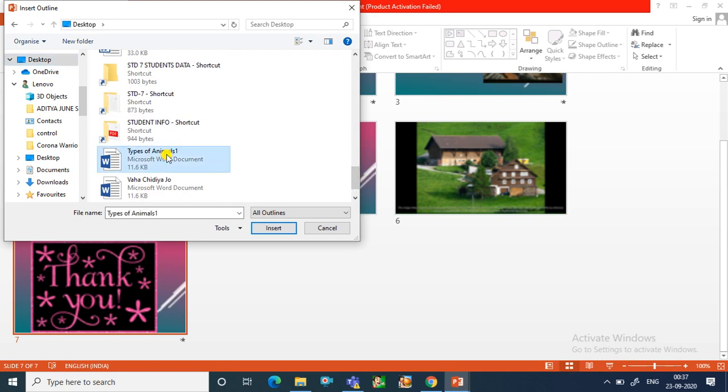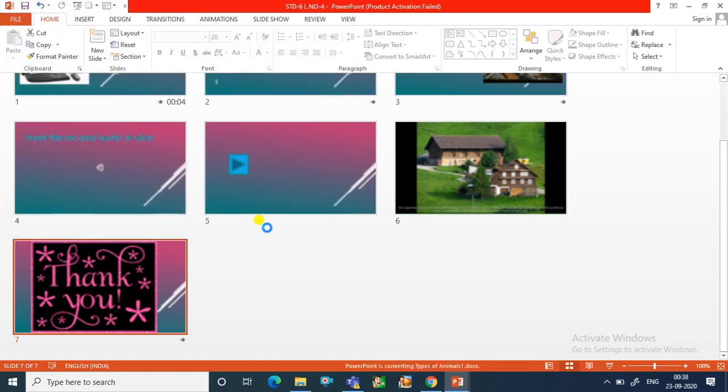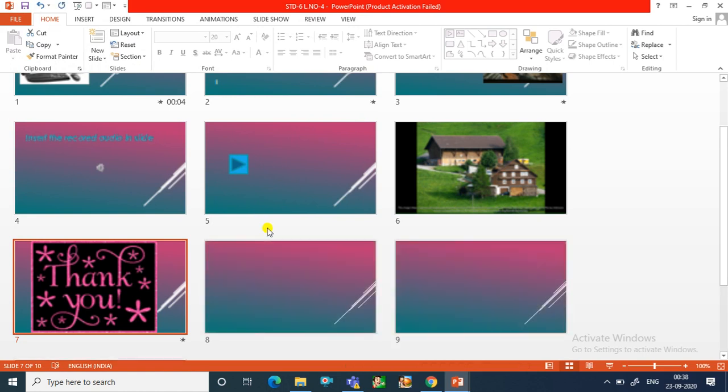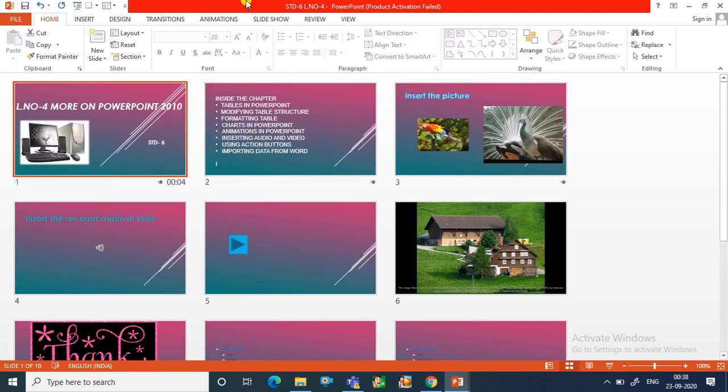Types of animal, and just click on Insert. Then you will get the types of animal list on separate slides. Okay, now let us see.